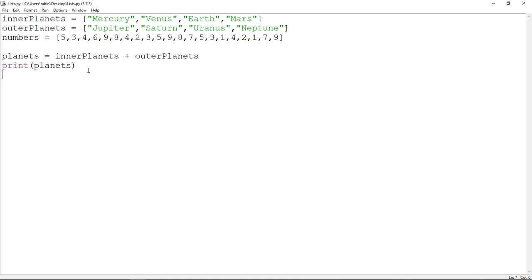Next in my list is... okay, I'm going to get rid of this, and I'm going to just print planets. No, planets doesn't exist anymore. So let's use the inner planets